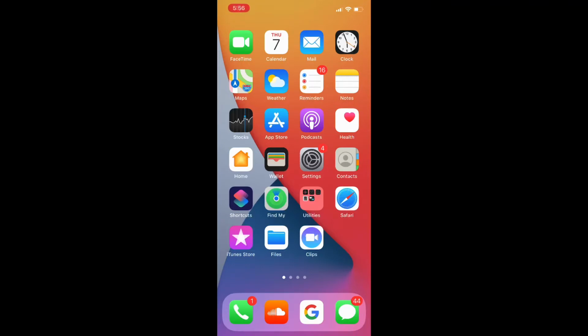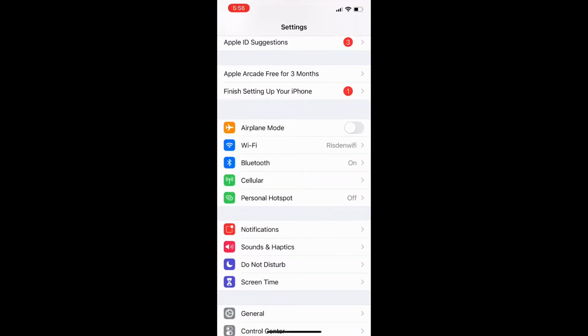Today I'm going to show you how to upgrade your iPhone to the latest iOS version. Now this should happen automatically or you should get a notification for it, but if you accidentally decline that notification or for some reason it didn't show up, this is just a simple way to do it and upgrade to the latest iOS. So in order to do this, you're going to head over to your settings, then you're just